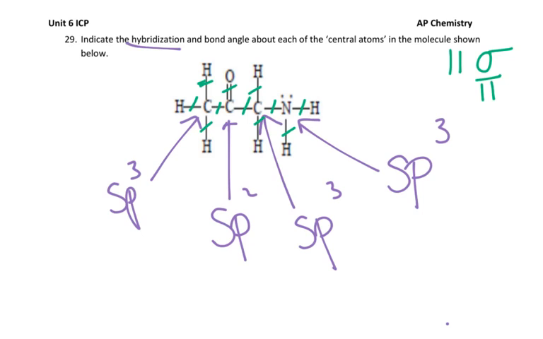All right? So you need to know how to figure out the hybridization, which we did last class, or 2 classes ago if you're my A-Day kids, because we had that lovely day when we should have had a snow day. And then you need to be able to count from the Lewis structure how many sigma bonds and how many pi bonds there are. Now you can just memorize the stuff, but hopefully with me showing you how the orbitals overlap and form the bonds, it'll help you understand it a little bit